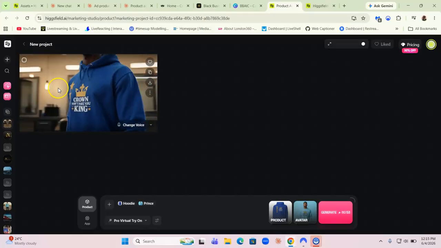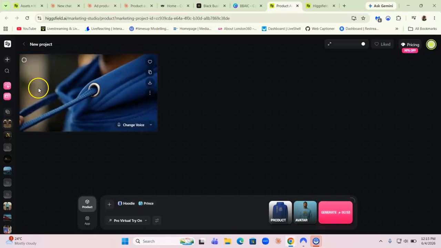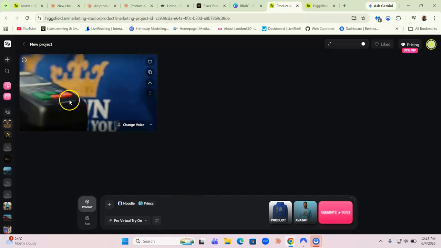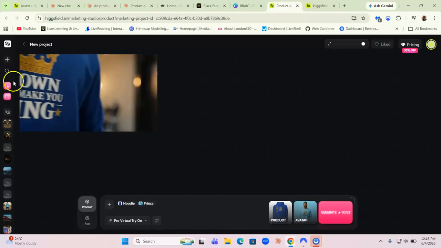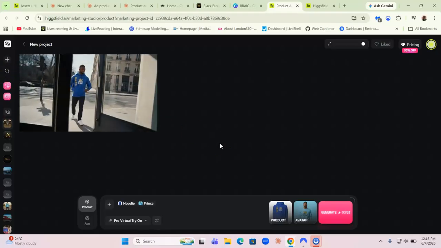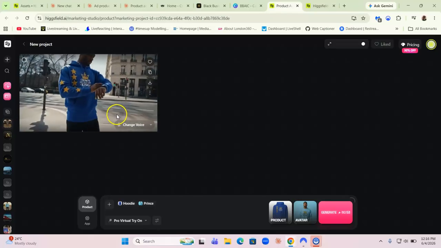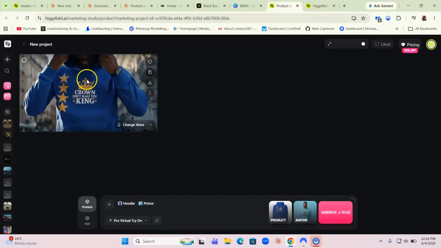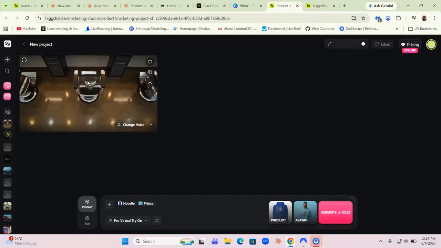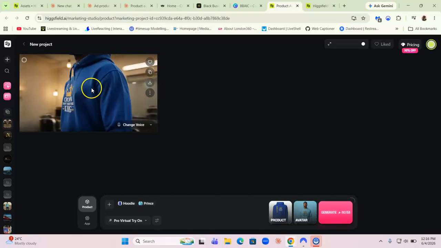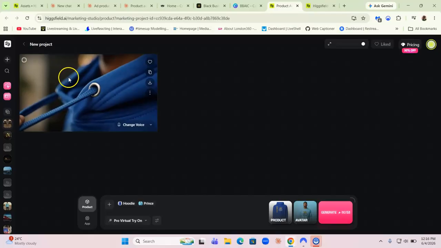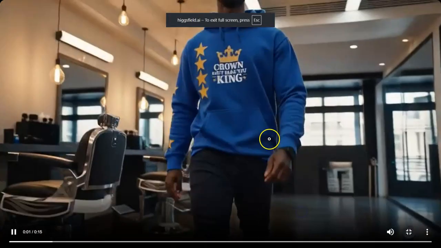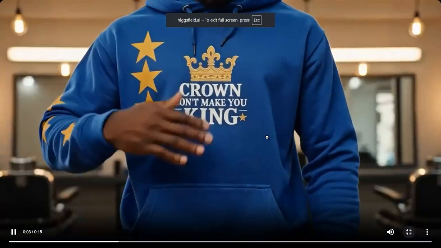Because I noticed they added some stars on the sleeve. I can just regenerate it and say, hey, make sure to remove these stars on the sleeves. But this is AI. Because listen, if you were to hire a production team, a camera crew to do this, it would cost anywhere from $1,500 to $3,000. It would take about 3 weeks, because there's a lot of logistics, moving back and forth, location and all that stuff. But now we created it in less than 15 minutes.